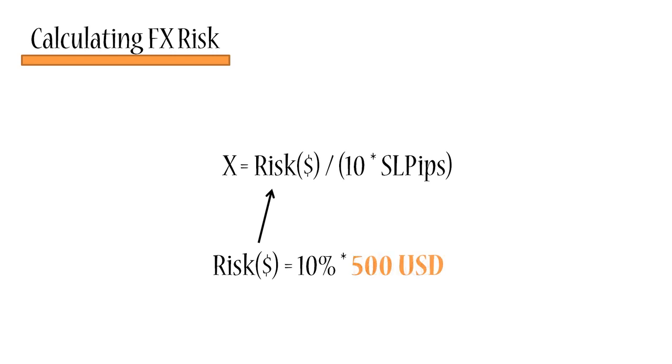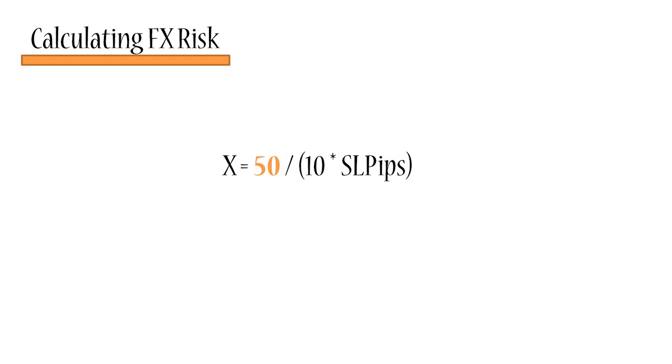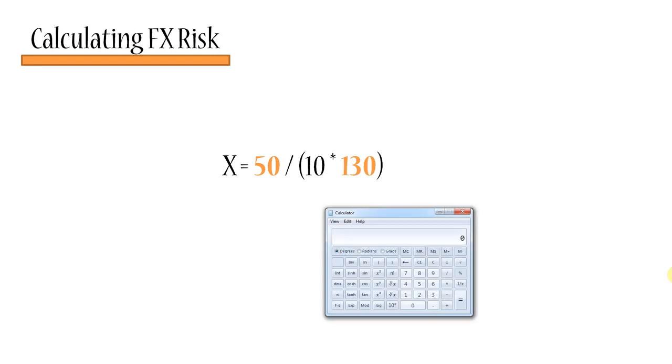Our balance is $500. 10% of $500 is 50, so we replace 50 in that equation. So the last variable that we have to input is our stop loss pips, and as we discussed, stop loss pips is 130, so I'll just put that in right now. And now I'm just going to bring up the calculator so we can work this out. So we're going to do 50 divided by 10 times 130, and that gives us approximately